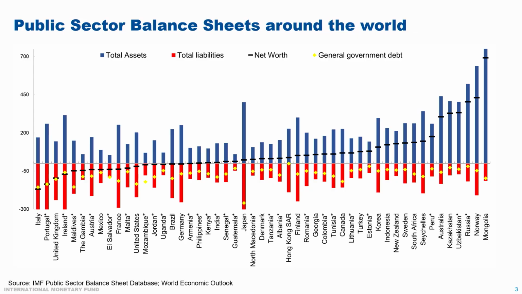How does it look across the world? Well, here's the set of countries that we have for the full public sector. There's a lot there. You might have to squint to see your country. What you can see is the assets are in blue, liabilities are in red, net worth is in black, and the yellow is the general government debt figure for the country. Countries on the right-hand side, they're the ones with positive net worth. They're doing well. Who are they? Countries with very large natural resource endowments. Norway, Kazakhstan, Australia, Russia. Any consideration of public finances really needs to pay attention to those natural resource assets, because that's not just an income flow, but it's an asset that varies as prices change.